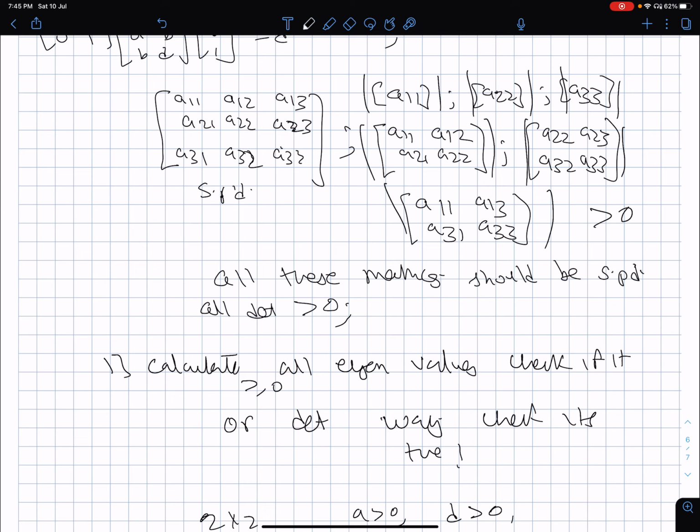There is one more way one could go about it, which is through LU factorization, but that's not the way I am going to take in this class now. So this is what I recommend for checking positive definiteness of simple small matrices that we come across on a day-to-day basis. Okay, thank you.